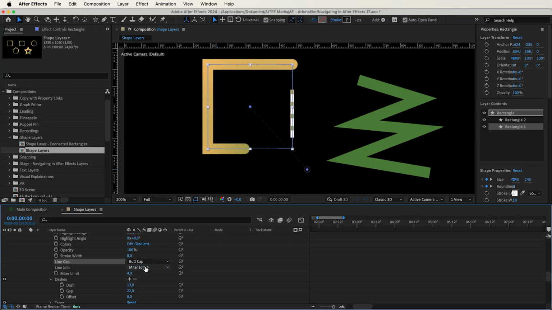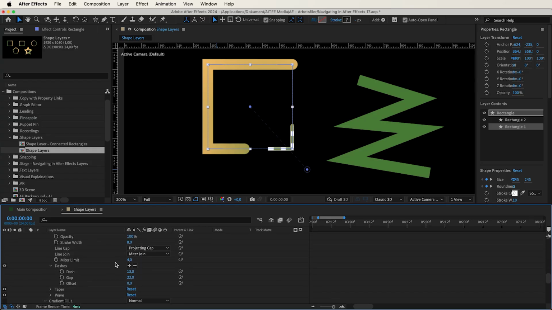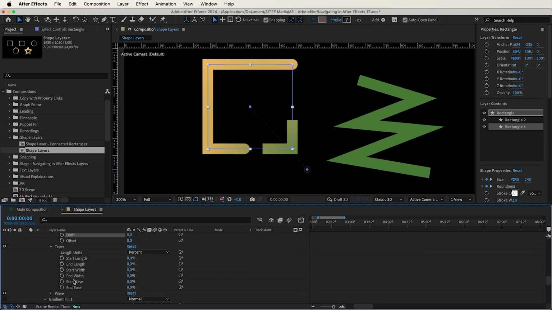Change the look with butt, round or projecting cap, while changing your animate offset to make them move in any type of direction. The taper is shown in the length units of either percent or as pixels. This variable lets us manipulate both thickness of the start length, giving this cone-looking shape between 0 and 100%,